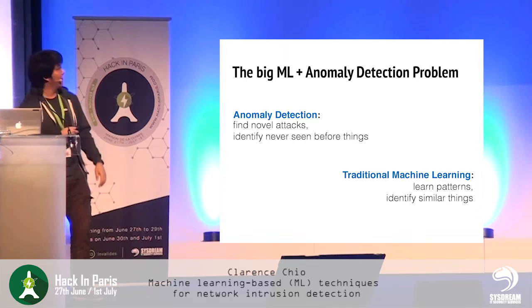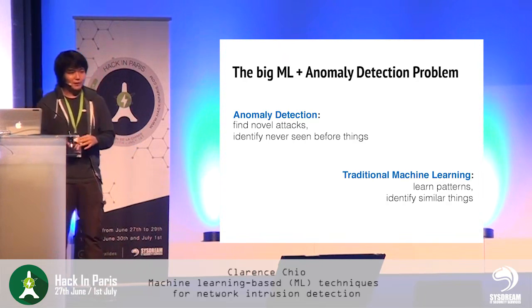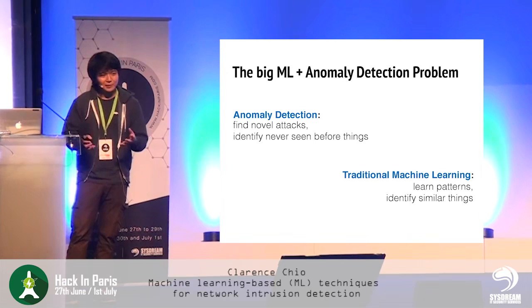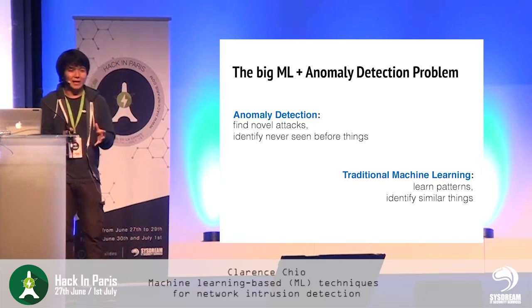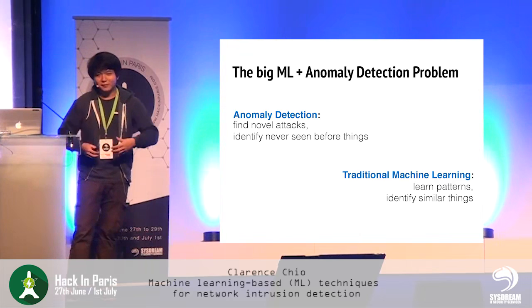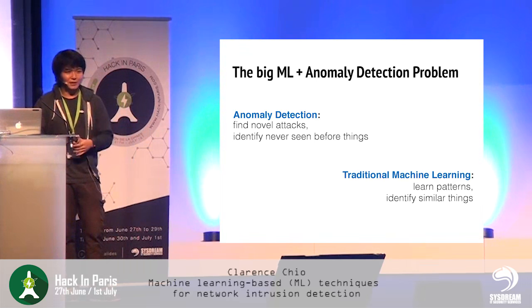So traditional machine learning is about learning patterns. If, let's say, you have two kinds of images of apples and oranges, and you wanted to teach this machine to identify if this image contains an apple or an orange, then the machine would basically be fed with examples, labeled examples of whether this image is an apple or an orange. You feed it 1 million images, and then a new unseen image would basically be classified according to the features that this machine has learned.